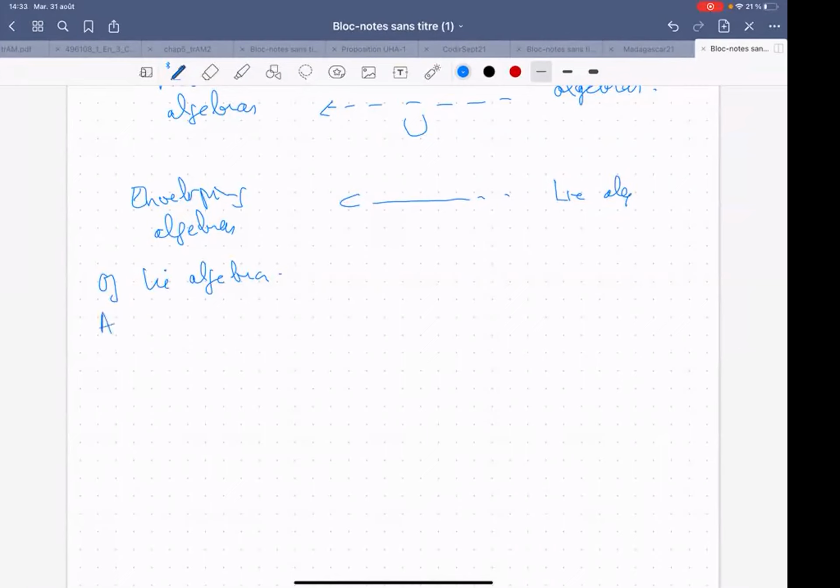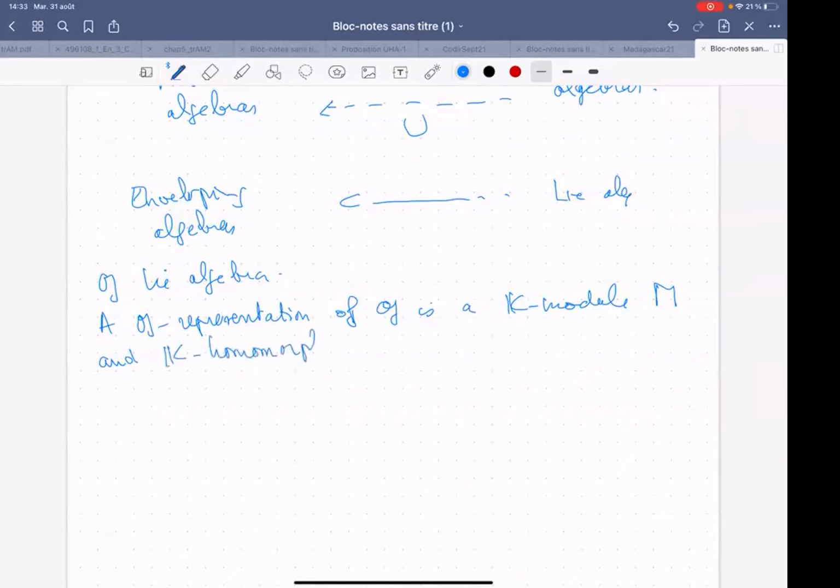Then a g representation of this Lie algebra g is a K-module M and a K-homomorphism g tensor M to M,